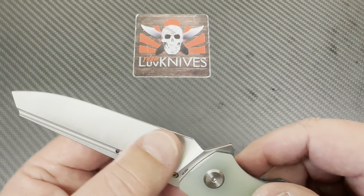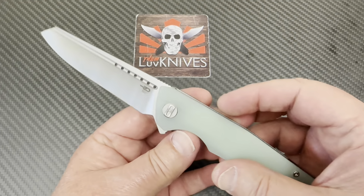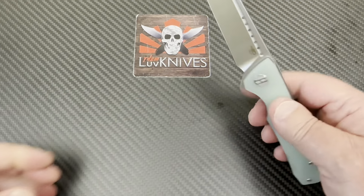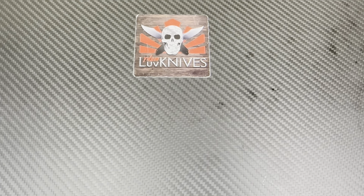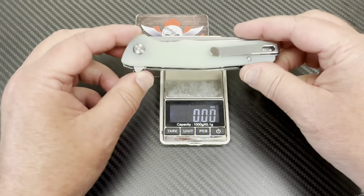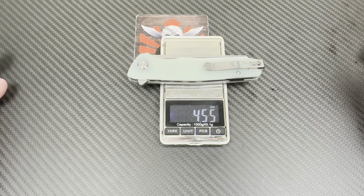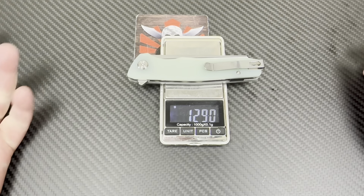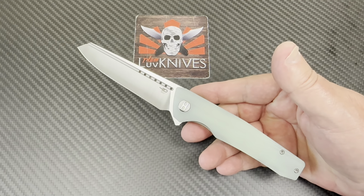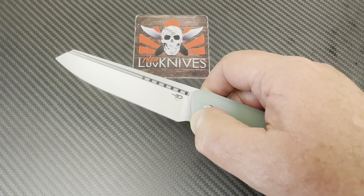I don't mind stainless. I mean satin. I could do stone wash on a knife like this, being it's going to be a user, carry-around. Oh, and by the way, which begs the question, let's get you out of here. I had you junked in the box there, didn't I? Okay, 4.5 ounces. I get that. And what do we got? Grams, 129. Okay, 4.5. So it's not a lightweight, but then again, it's a full size knife, arguably a 3 3/4 inch blade, close to 4 down here,